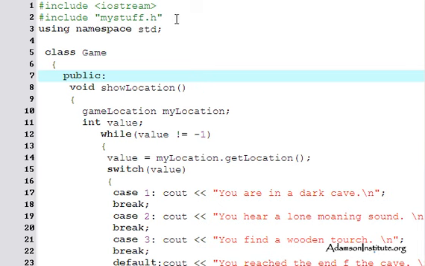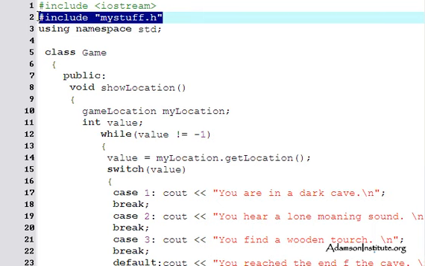This program here uses the mystuff.h header file that we included in the last couple of videos that you saw. We have a class game, public, showLocation, the same kind of things we had before in the previous video. And what we're using is